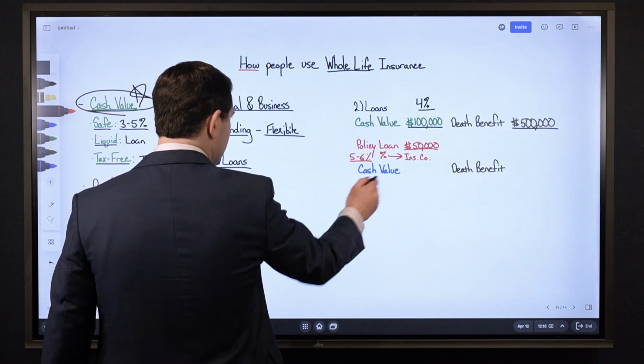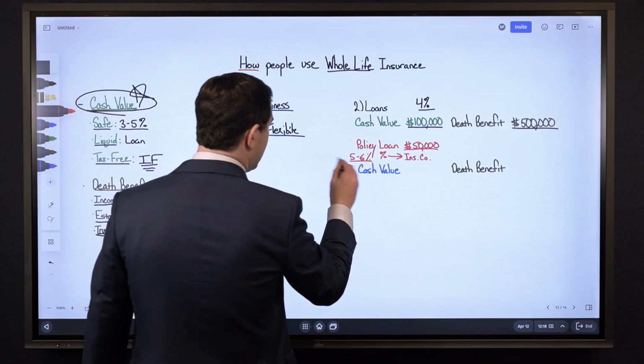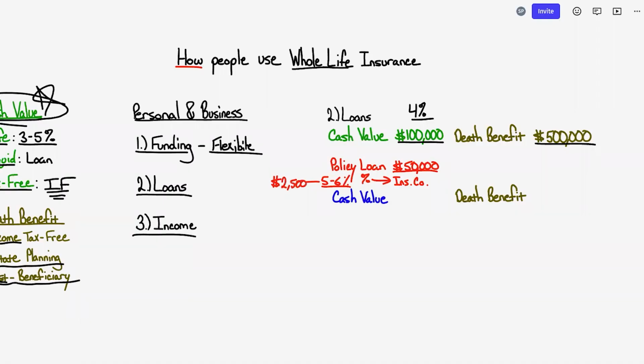I've got that cost to borrow. Let's say it's 5%. 5% of $50,000 is what? $2,500. Now, if I'm earning 4% before I take a loan, what does that come out to on the $100,000? That is $4,000. So you had the $100,000 in cash value. 4% of $100,000 is $4,000. Next, you took a policy loan for $50,000 at 5%. $2,500 was paid to the insurance company. Are you gaining more than what you're paying in this specific example? Yes. What do you have remaining in cash value that you can take in additional loans?